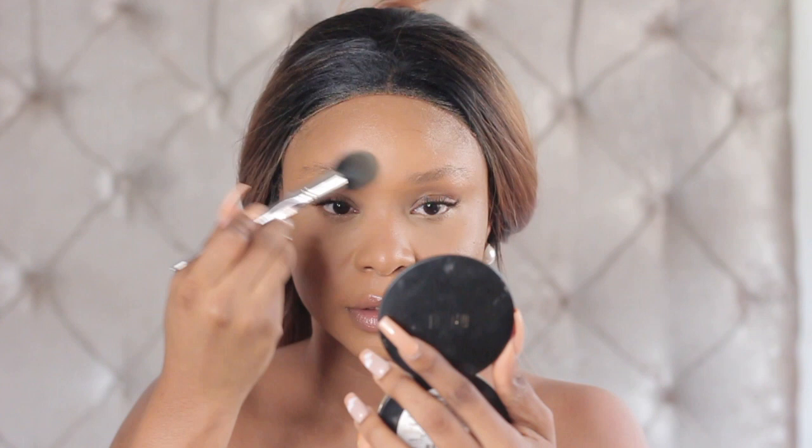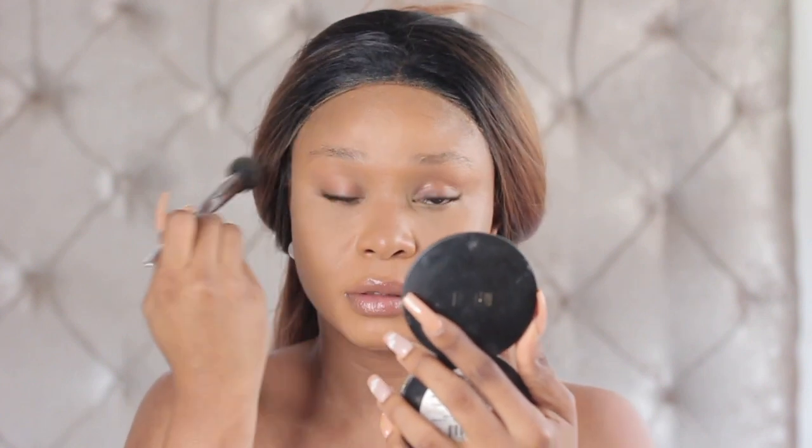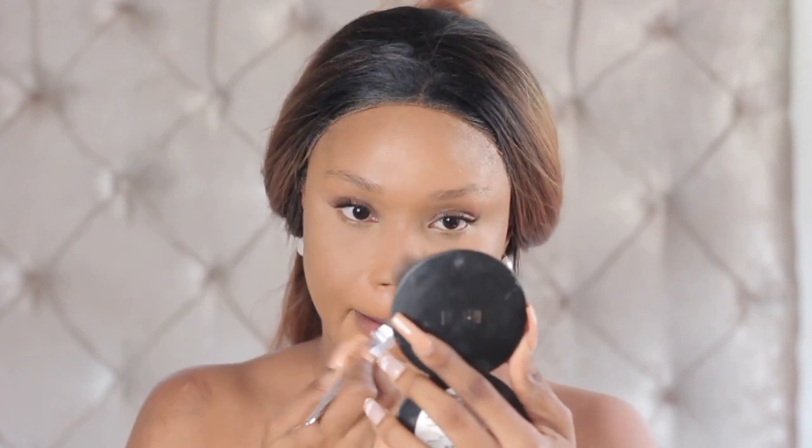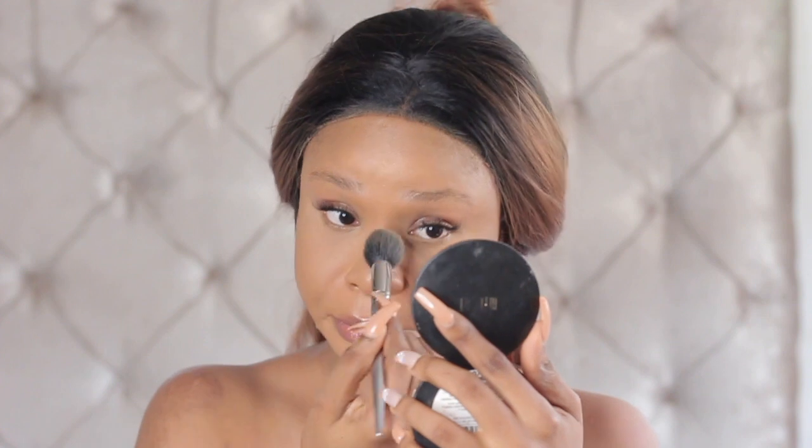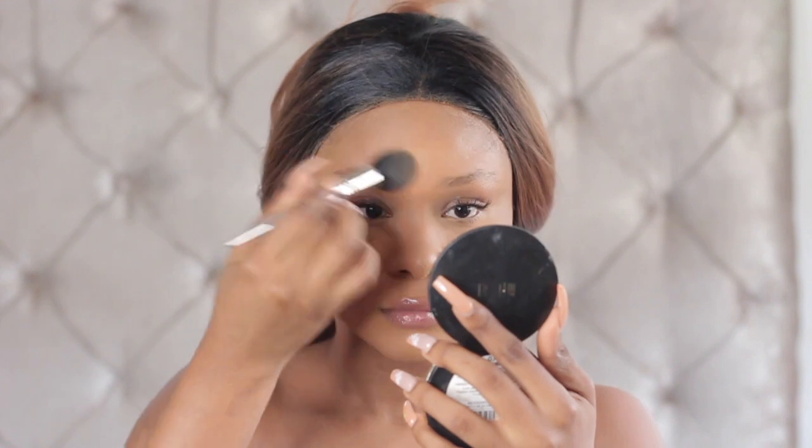So after I'm done with setting all the places where I put concealer with the setting powder, then I'm going to use my finishing powder, which is the one that I'm using, the mirror. I think that should be Milani, but I don't know the color that I'm using. I think medium, I'm not sure. I'm going to put it on top of the setting powder. Because it's the shade of my skin, and most setting powders leave like a white undercast. So I'm just going to use this to neutralize the setting powder